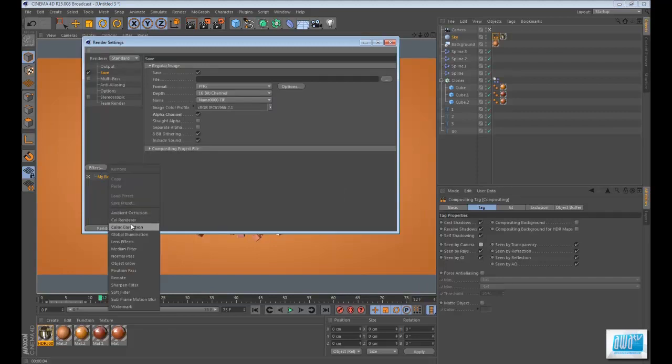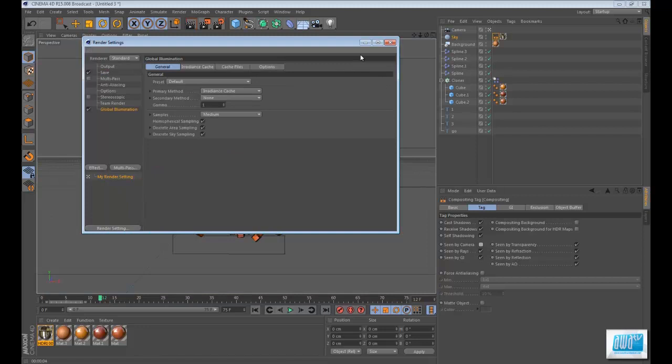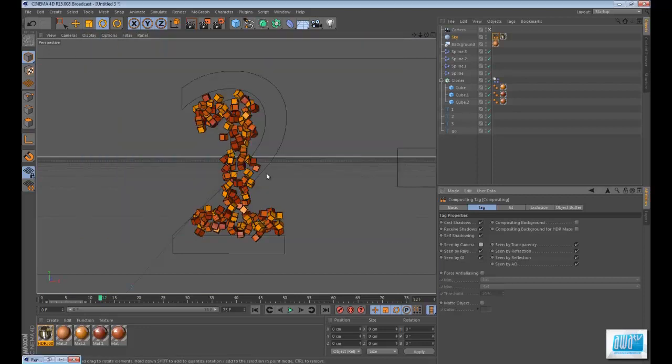I'm going to choose global illumination. But before you choose global illumination, make sure your computer speed is good. I'm actually working on this with my laptop, so if I'm going to render, it's going to be pretty slow. So when I'm rendering, I'm going to pause and come back. So bear with me. And if we click render,